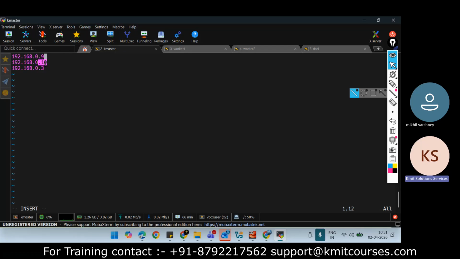So this is one way. The second way is that you can create a group. For example, you are saying I have web servers. These two are my web servers, and the Red Hat one is my DB server. I'm just categorizing. For example, you want to install Apache on your web servers and MySQL on the Red Hat server, or DB servers. Say you have, for example, 10 web servers, and on all those 10 web servers you want to install Apache.